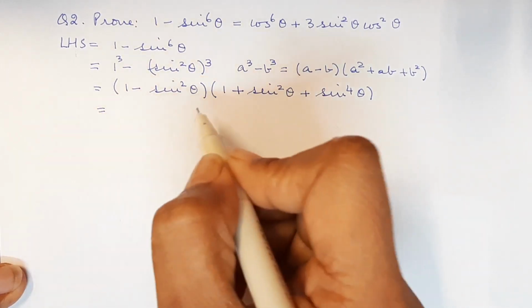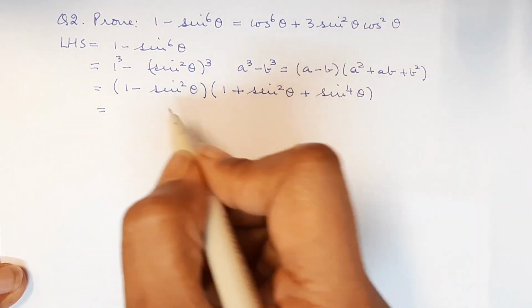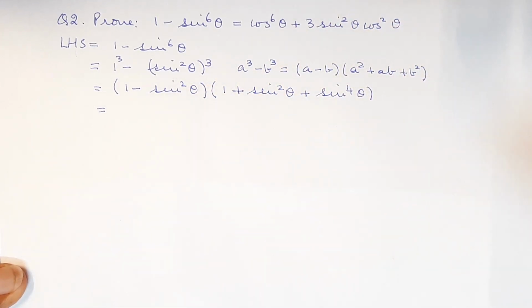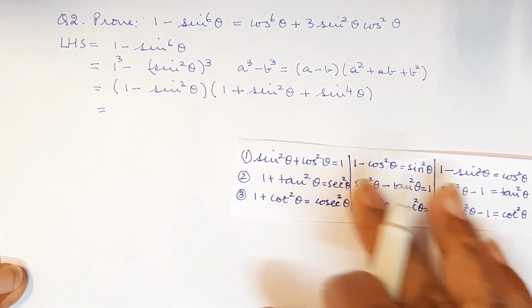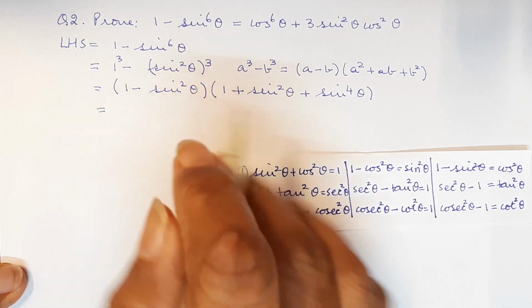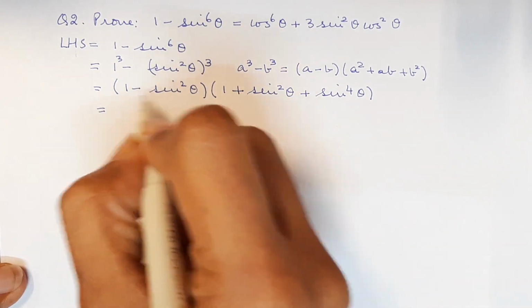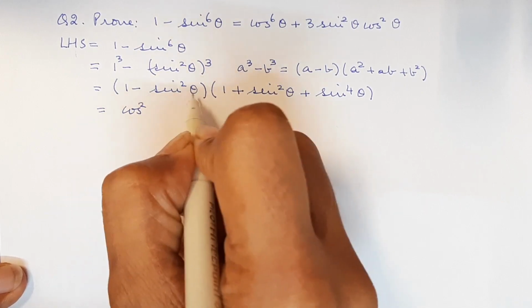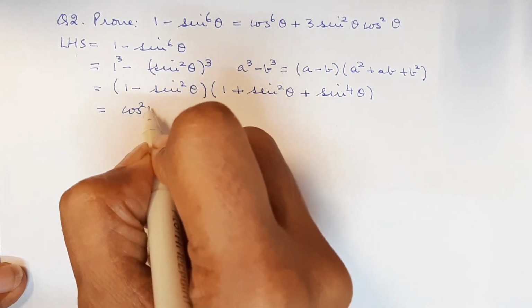Now, on our right hand side, we don't have so many sines. We have cos also. So can you see this? You remember these identities? Can you see over here? 1 minus sine square a is equal to cos square a. And so we do just that. We will write 1 minus sine square a as cos square a, which means 1 minus sine square theta becomes